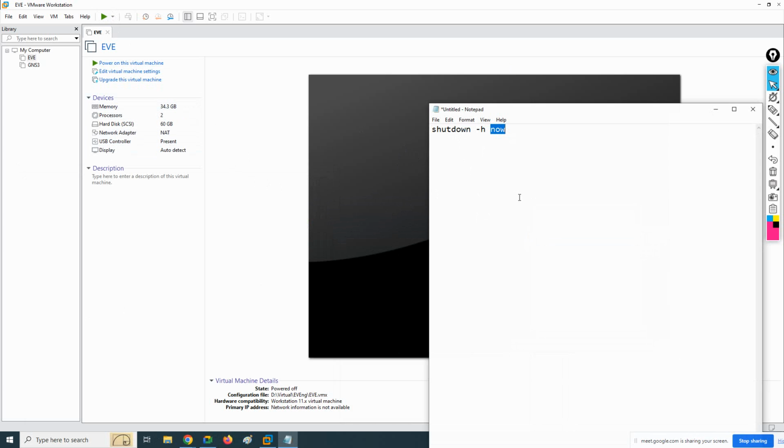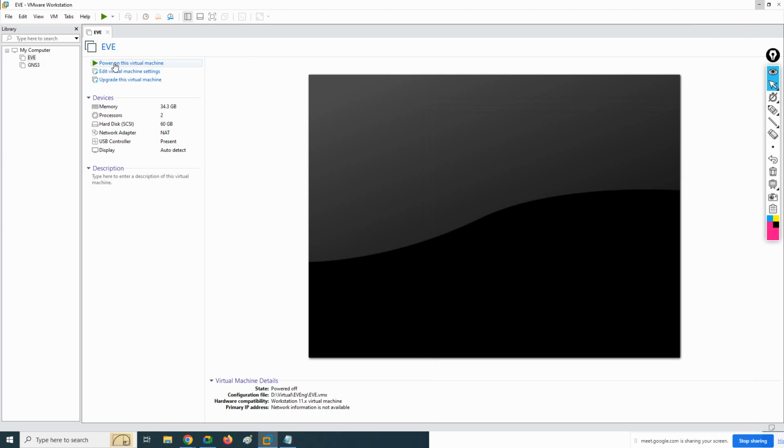So this way we need to close properly. If you do not close properly like that, if you cancel, or you put some different option like hold, or maybe suspend, later you will face issues. So it is better to use the proper method to power on and power off EVE-NG. Okay, so let me